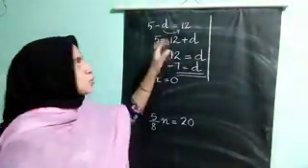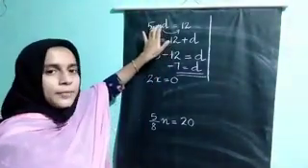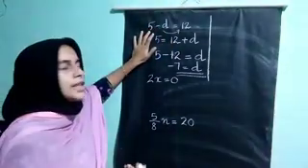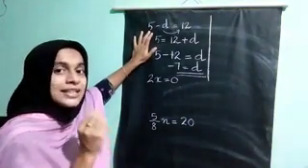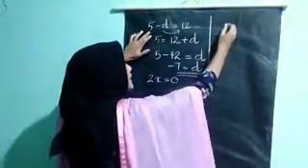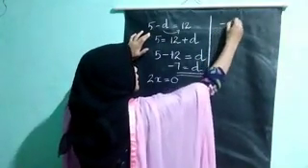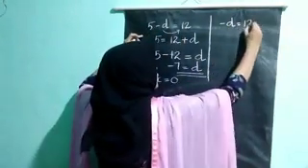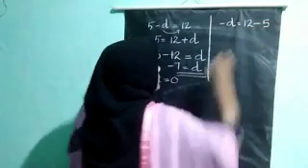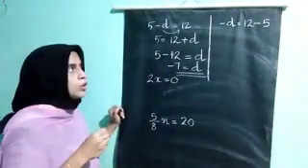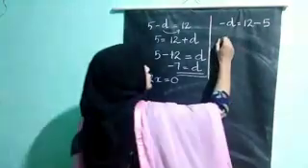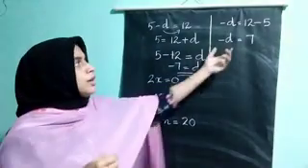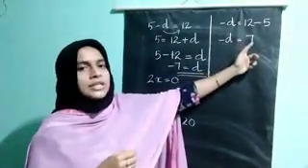Suppose you didn't transpose minus d, you kept minus d there and transposed 5. What will happen? That also we can do, but you should check the sign. So I am doing it that way also. I am taking 5 to the other side, so plus 5 will become minus 5. 12 is already there, minus 5. Minus d equal to 12 minus 5. 12 minus 5 we know is 7. You got the value as minus d equal to 7.